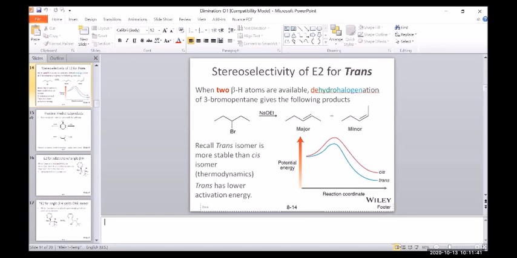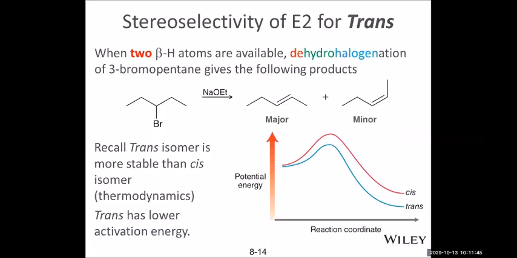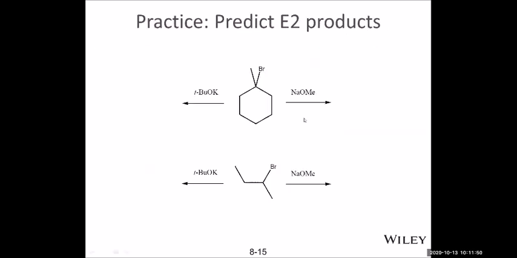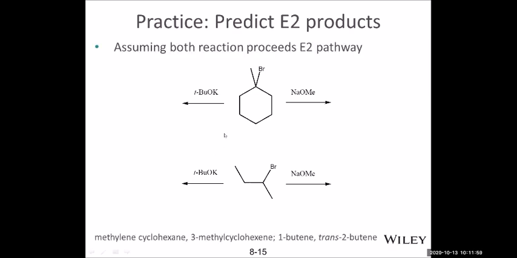And so we continue on the stereoselectivity for trans. Okay, this is a little practice. Let me see, yeah, I have the answer key for this. It basically depends on what size of base, or what kind of elimination can take place. The one to the left is the Hoffmann